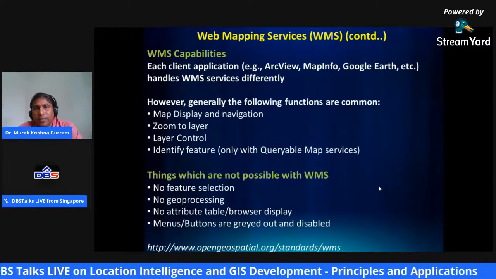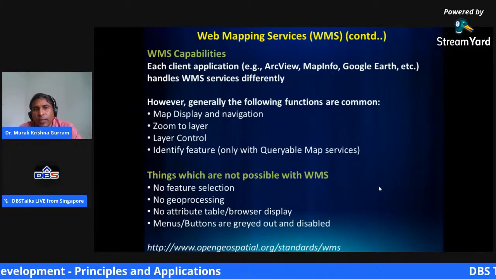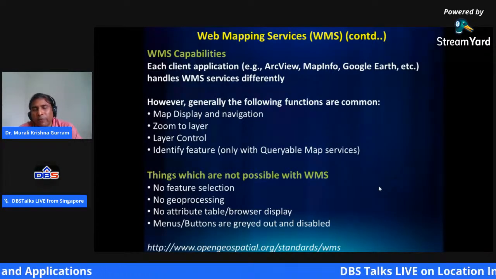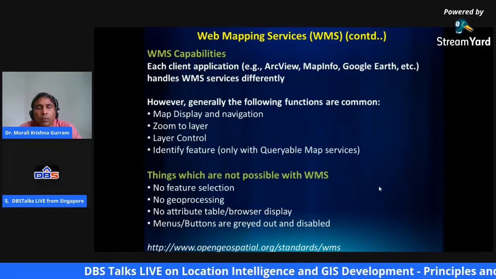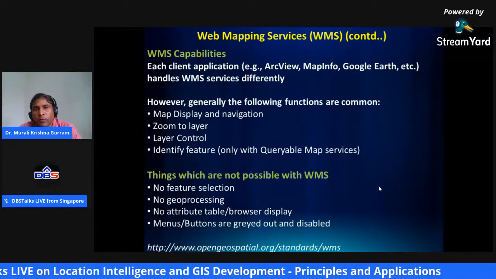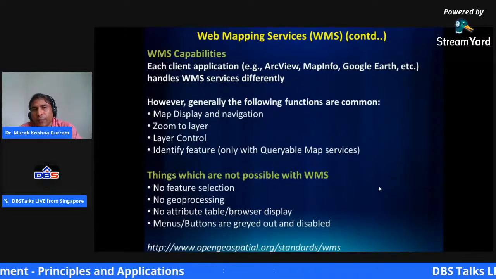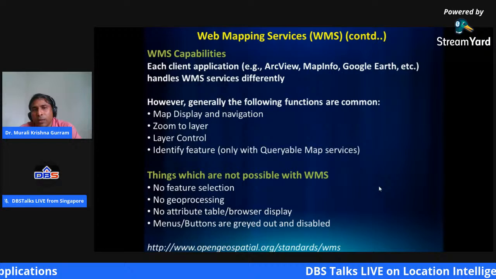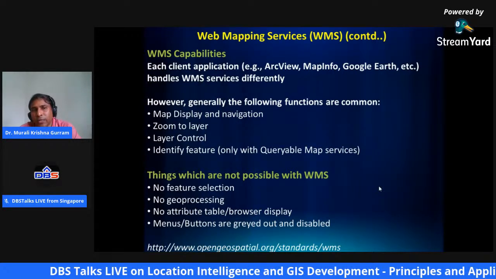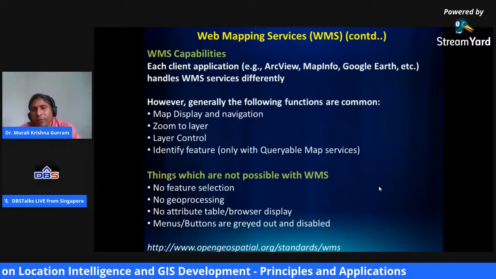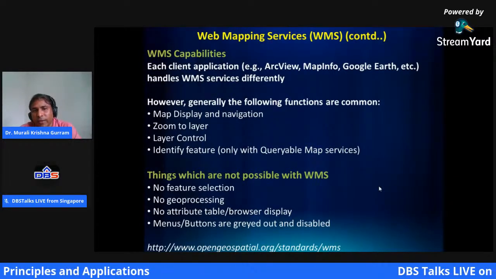You can see there are a lot of capabilities. You can view, you can zoom, you can use layers. I know that you are very familiar with Google Maps, wherein if you want to view a specific location, you can navigate through the map, and you have zoom capabilities and layer controls available. You can select your layers, and you can even identify features through some kind of query.